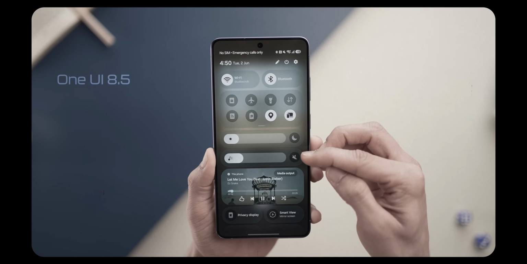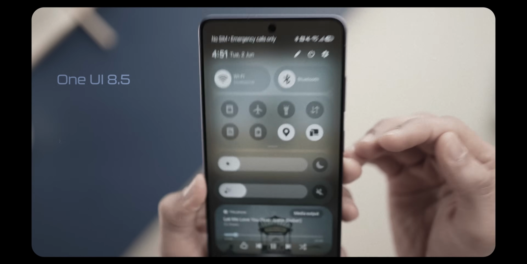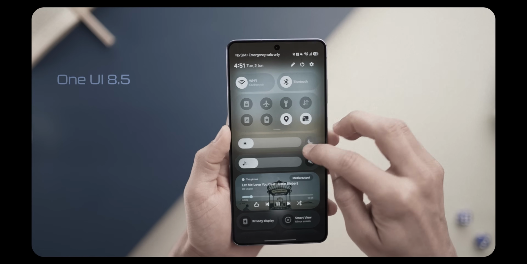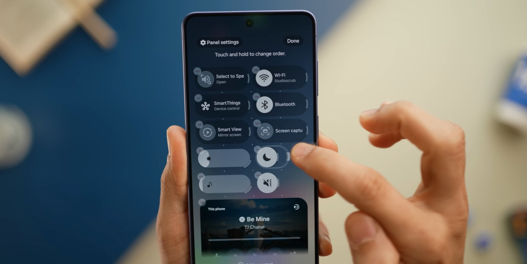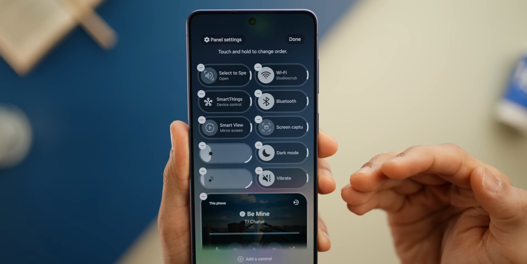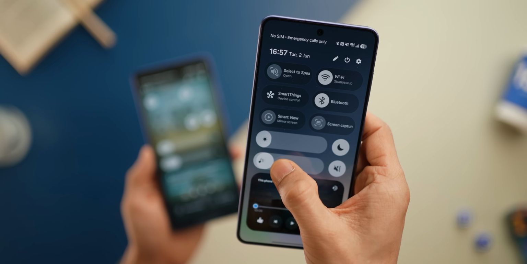Another change is in the brightness and the volume controls. See, it was weird, but in the older One UI, the dark mode option and the mute button were stuck with the brightness and the volume sliders. So you couldn't edit them and take them out separately. But with One UI 9, these are standalone quick settings now, and I can now edit them and move them around. Also, I noticed that the brightness and the volume controls are a bit thicker, so that makes it more